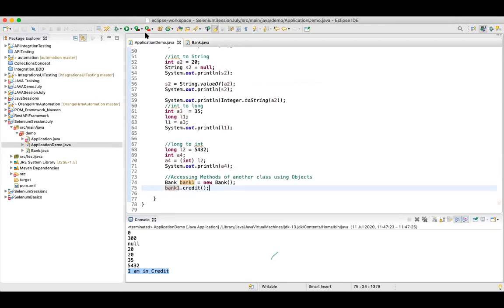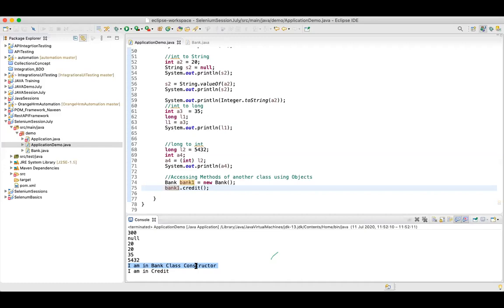But still, when I run this program, first it prints "I am in bank class constructor," and then it goes towards the methods. So a constructor is a special type of method.